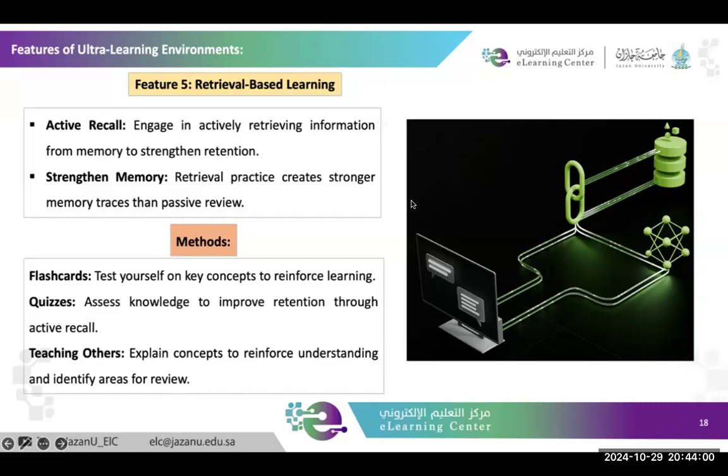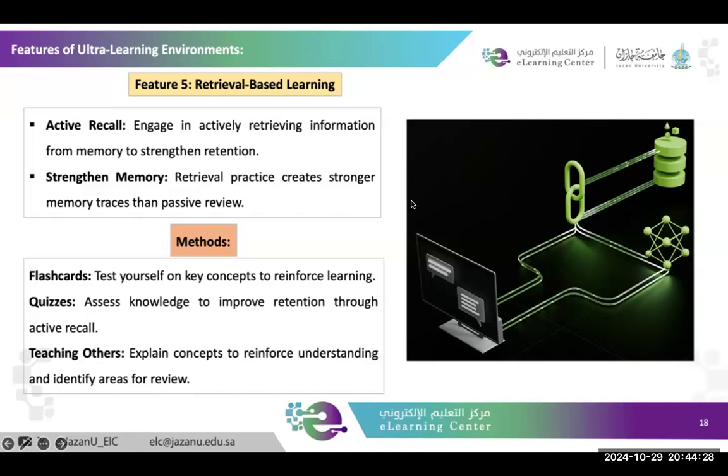So this is basically a powerful technique. This approach strengthens neural connections in the brain, making it easier to retrieve the same information in the future. Unlike traditional methods like rereading notes, retrieval-based learning forces the brain to work harder, leading to better retention and deeper understanding of the materials.